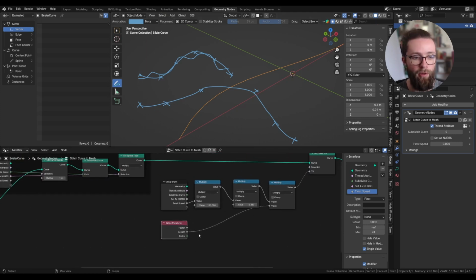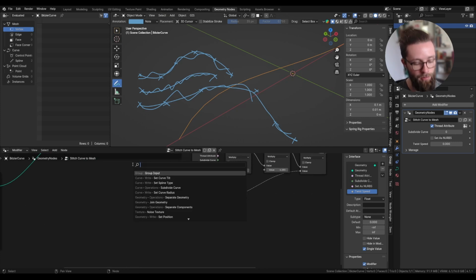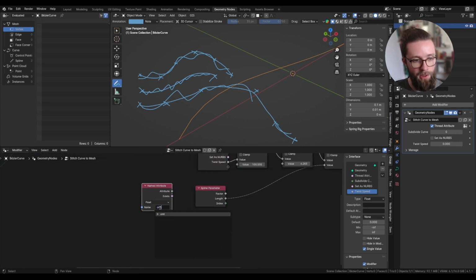So one fix for that would be to use the factor input instead of the length. But the problem is that it breaks down as soon as you have two different curves in the same setting, because the two curves would have the same number of twists along its length, so one curve will be really tightly twisted and the other more loosely. So my fix for this is to use an attribute in my asset pack, which is called